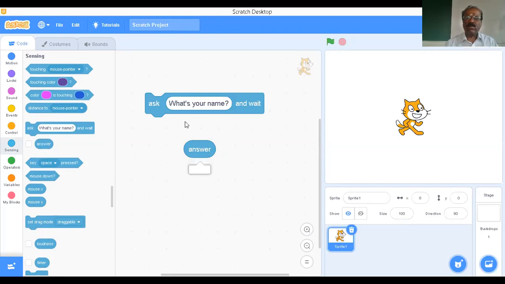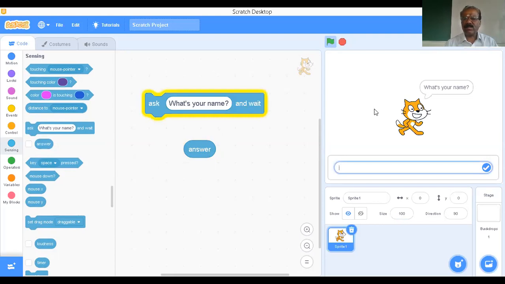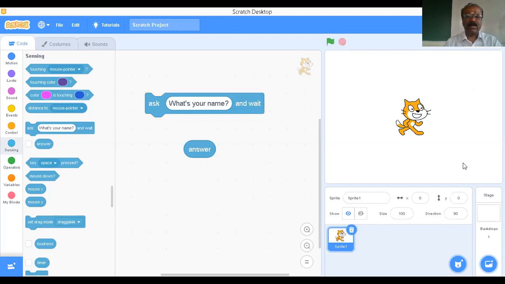Now, I'm going to click on this. If you click on this, it's going to display on the monitor, what is your name? Now, I'm going to enter the name, Srinivas Shetty. Then you can press enter or click on this. Then whatever name we have typed goes to this particular memory location called answer. If you click on this, you can find the name of the person, Srinivas Shetty.